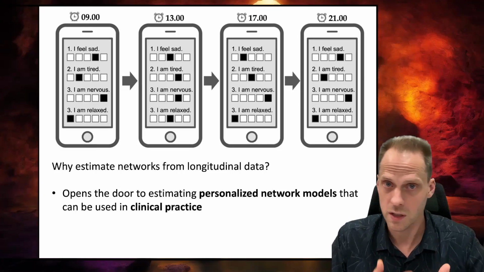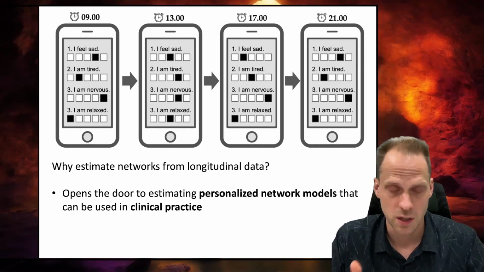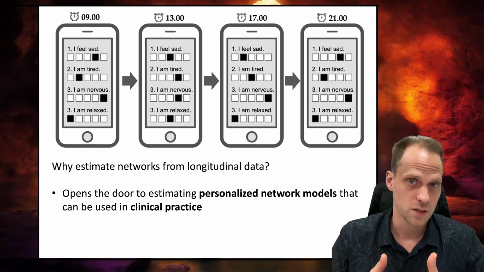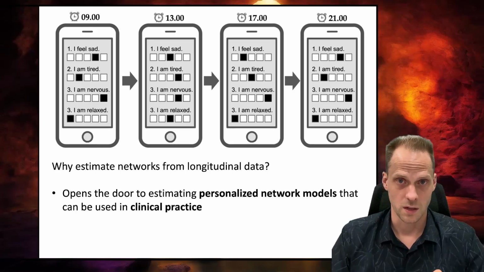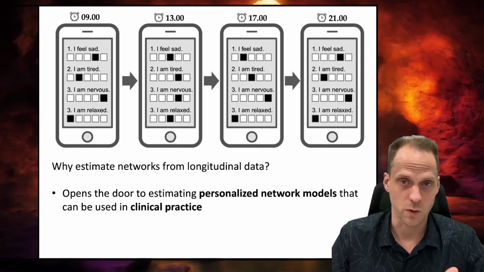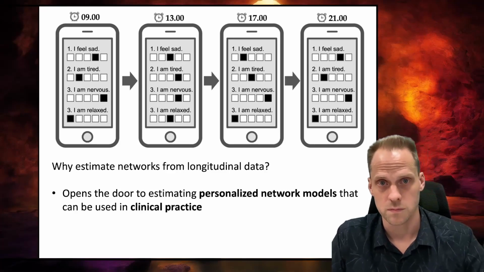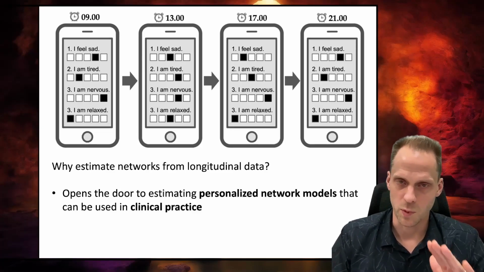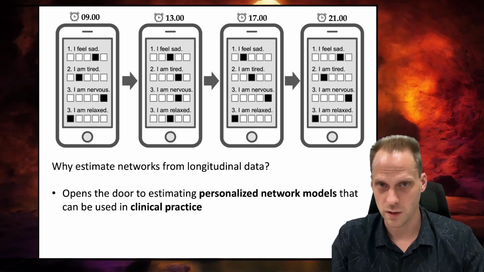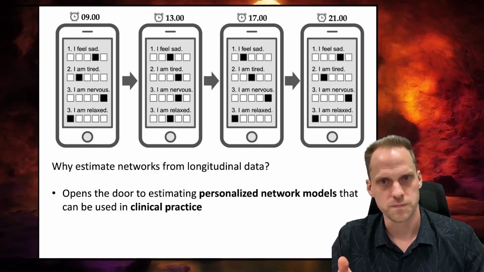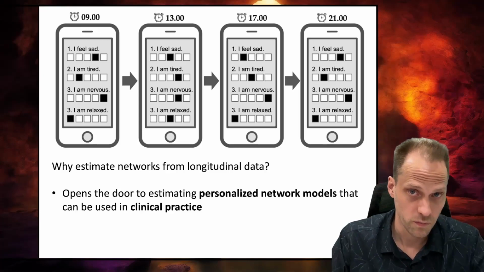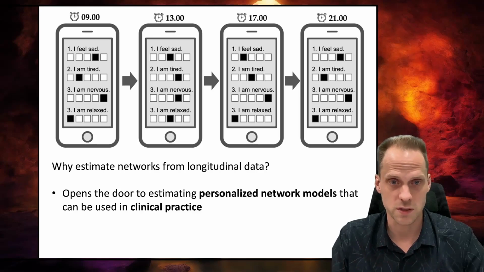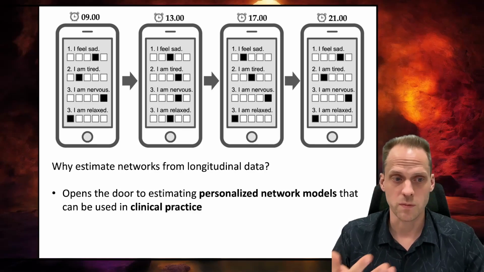So as I said, many of the ideas of the network approach to psychology came from clinical psychology, psychopathology, where we were thinking about how symptoms relate to each other. And now this approach, of course, has been applied in many other fields as well. But especially in psychopathology, we might be interested not in large samples of people, but really in figuring out what is happening to this one person, right? This patient that we have in a clinical setting. And can we map out the structure of this patient's dynamics over time, for example?